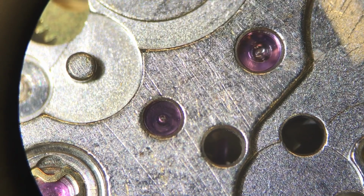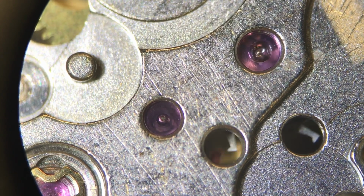The pallet is really important, it's very, very sensitive, so if it gets a little bit of dirt on it, it's going to really impede the performance of the watch. So oiling that, certainly at the start, is not going to have any problem at all. But in years to come, when the oil starts going hard or starts losing its viscosity and getting a bit thicker, that's just going to slow that pallet fork right down, and it's going to stop it. And that's the general rule, as far as I'm aware,